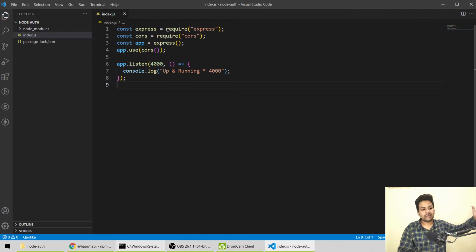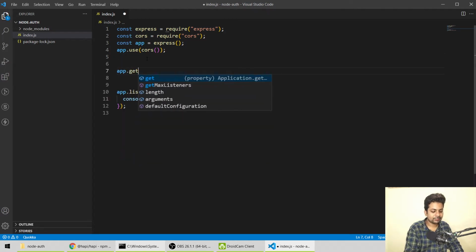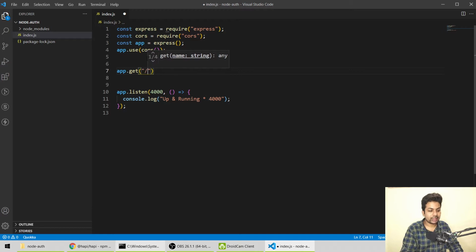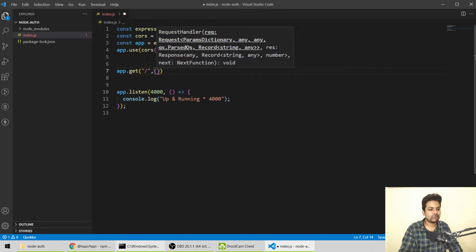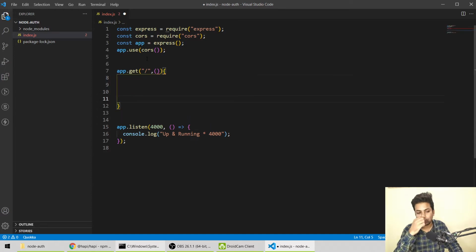So we will build routes firstly. What is a route? If you don't know, suppose you do app.get and whatever your request and response is, you make the whole thing, all your code. But what if you have 10 APIs? I'm just talking about 10, not 20, 30.